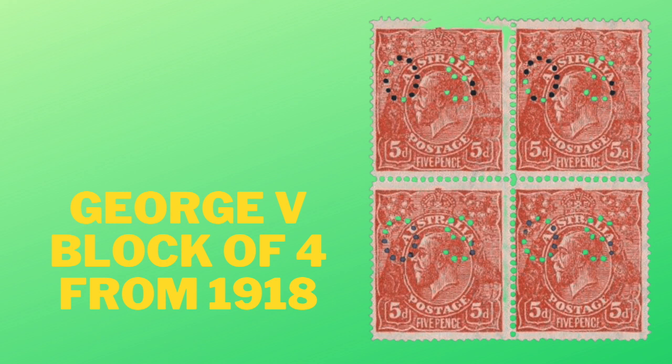Second, we have a George V block of 4, and that is apparently the largest multiple of the George V block. It is considered to have been printed on paper left over from the 1D 1918 printing. On May 23, 2012 in Sydney, Australia, this sold for a total of